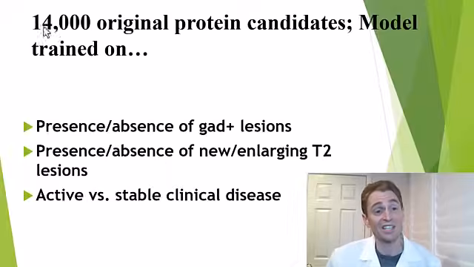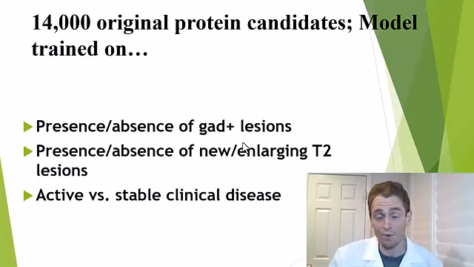So how did they create this test anyway? How did they choose these 18 biomarkers? Well, they had a lot of data from a lot of people with MS: blood samples, their MRI scans, their clinical activity. They considered 14,000 potential candidate proteins, and the model was trained on MRI findings like gadolinium positive or